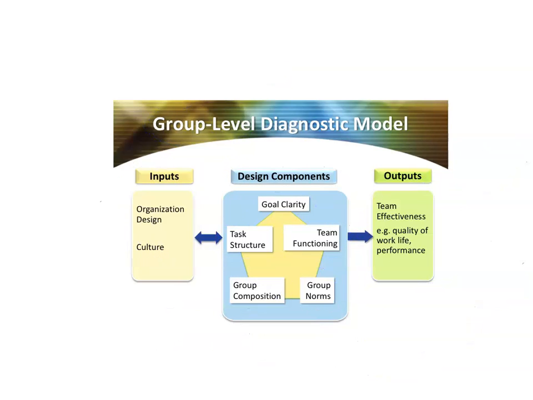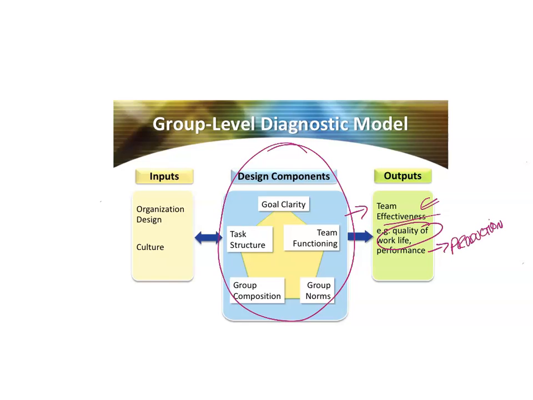All of what's taking place here results in some form of output. And instead of organization effectiveness, we call it team effectiveness. This is a simple pairing of performance, let's call it production, connected to quality of work life. This is the well-being component. When you have these two things working well together, you have amazing effectiveness within the team. A team that can adapt quickly, a team that is resilient, proactive, creative, all those amazing things that we look